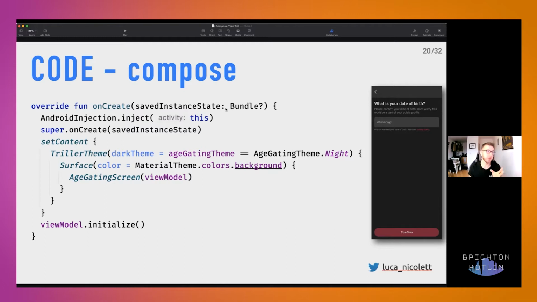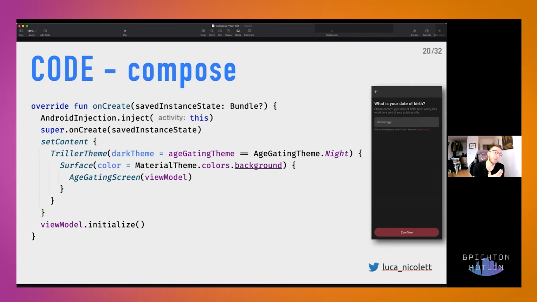So what we're doing here is setting a theme. As this screen changes how it's displayed, we basically have a dark and light theme for this screen based on some conditions that are provided through a parameter from the bundle of the activity. We're setting the light or dark theme inside the Triller theme of Compose as well, just by this check.